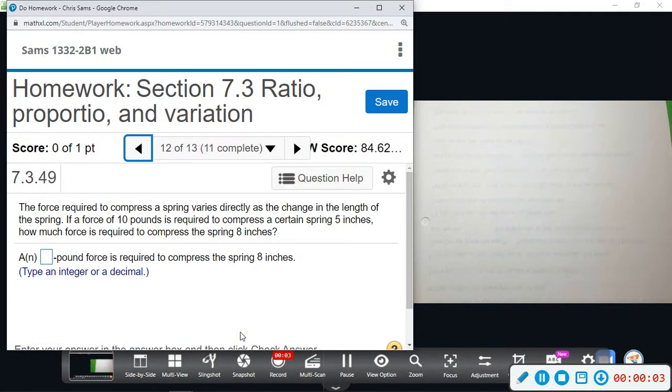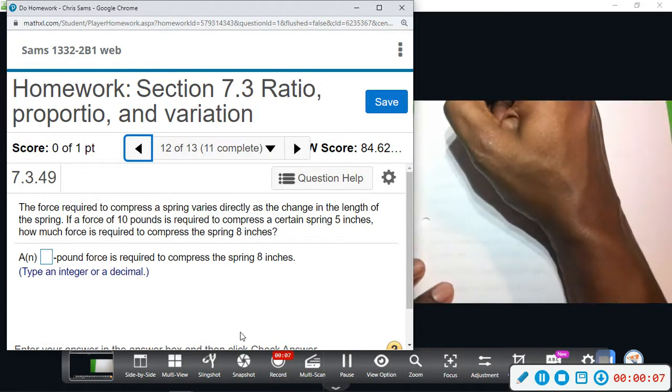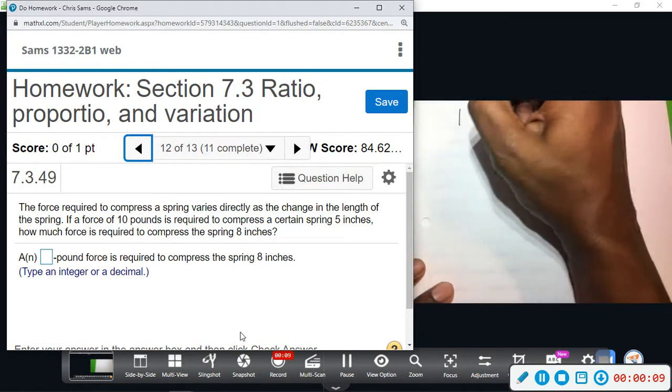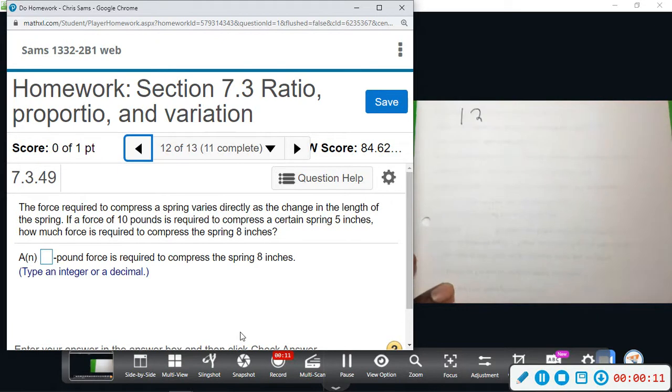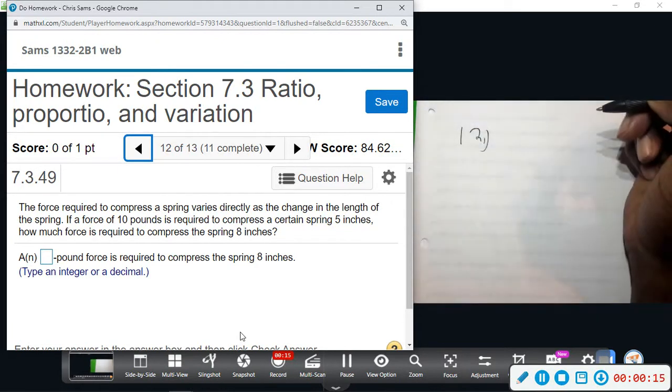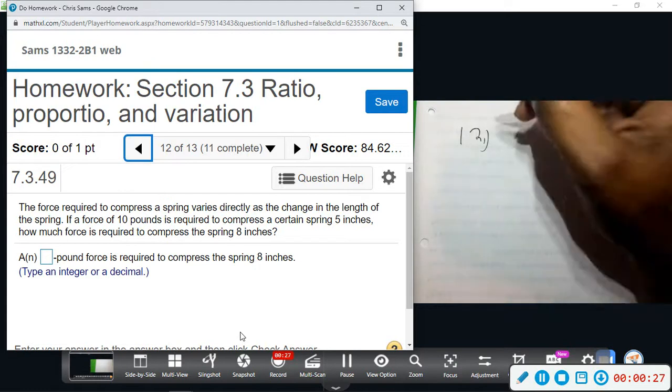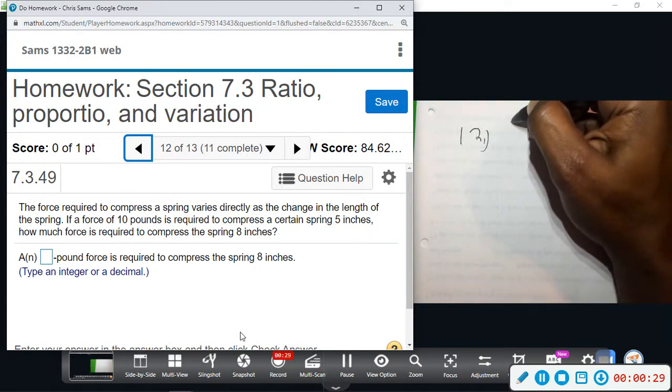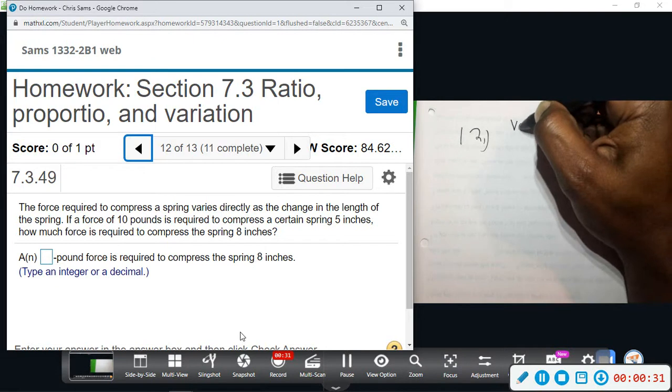All right, number 12. The force required to compress a spring varies directly as the change in the length. If a force of 10 pounds is required to compress a certain spring 5 inches, how much force is required to compress the spring 8 inches? All right. When we see varies directly,